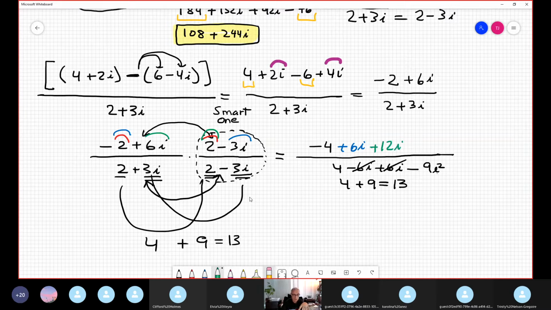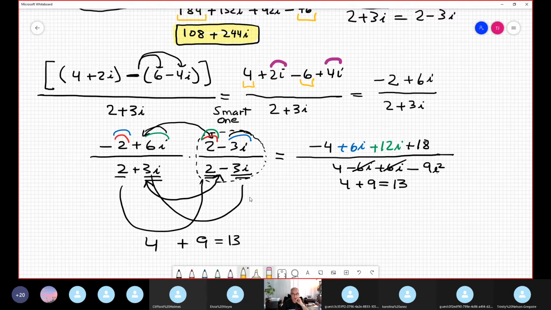And finally, 6i times negative 3 is negative 18i squared. Okay, i squared, I know, it's negative 1. If you want, in order to save time, erase this part, and this negative 1 affects this, and it becomes positive. Ready to